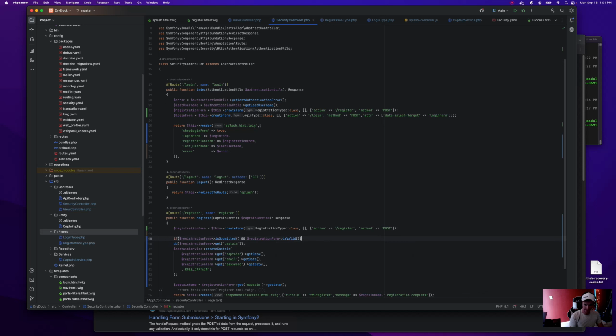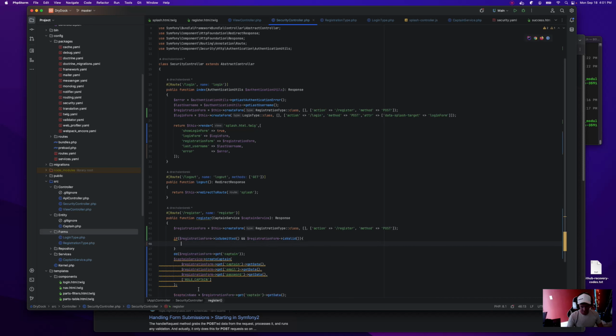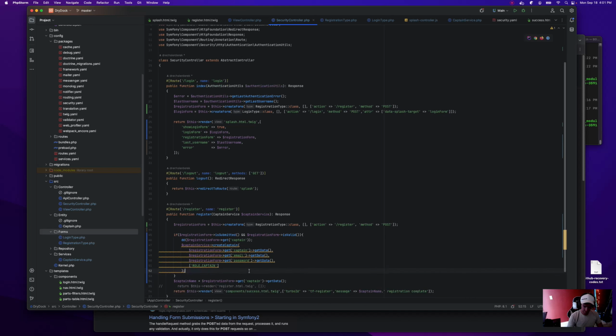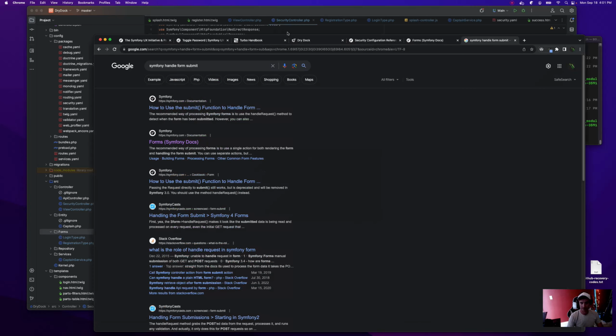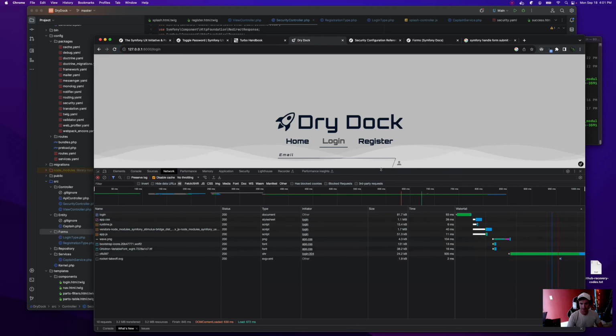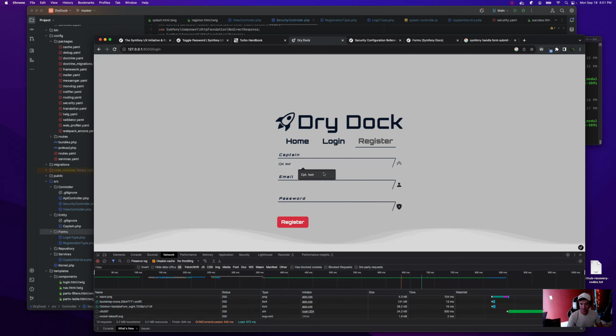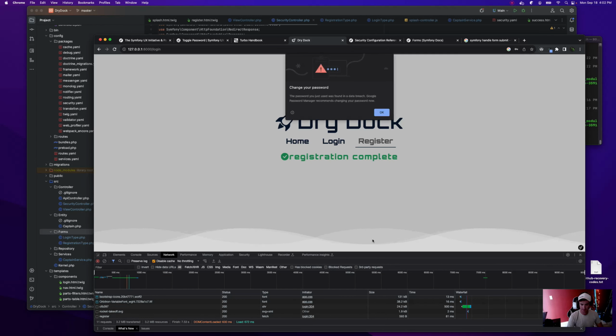Is valid, and probably want to do is not empty, but this is fine for right now. Cool. Okay, so we should be hitting that. Get captain, get data. Worked that time.